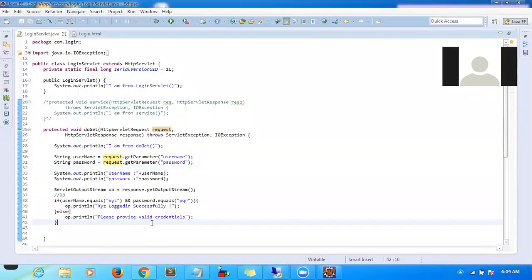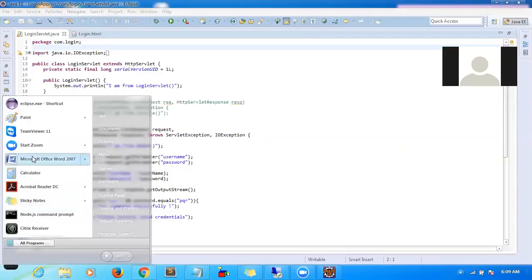Okay, now the second question is: once you get the username and password, we are printing. Let's suppose thousands of users are trying to log in, correct? And the application is only one, the login app, and the login servlet is only one, and the login HTML is the only one for all the users, correct? So how is the server uniquely identifying? How is the server treating each user as different? So basically, how is it happening?